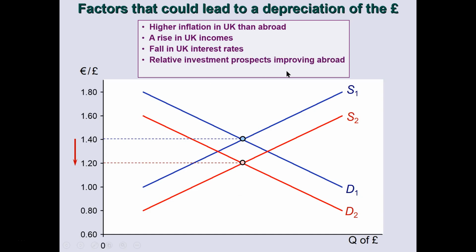If relative investment prospects improve abroad, this will lead to capital outflow from the UK and into these other better countries, again, which will affect the demand and supply of currencies. Or if there is speculation that the rate will fall, people will want to get rid of their pounds before this happens, while the value is still high, which will lead to immediate increase in supply on the market and reduction in the value of the pound. This is an example of how you can use a simple demand and supply diagram to predict the effect of various macroeconomic events onto the exchange rates and forecast their movements, their fluctuations, appreciation and depreciation of the value of